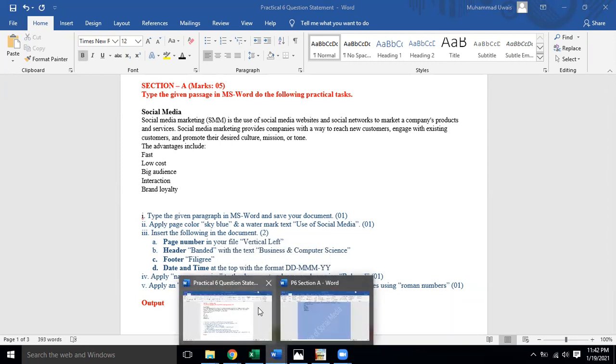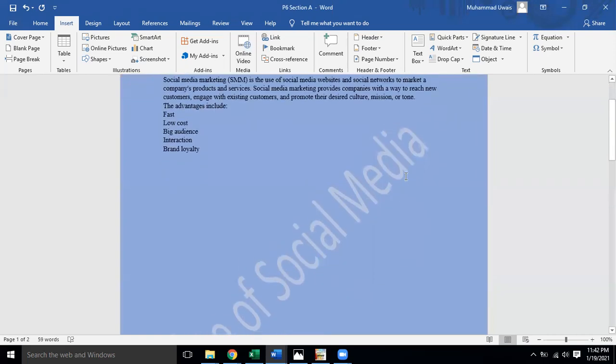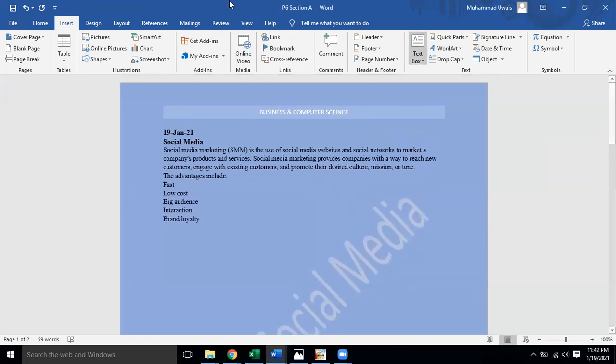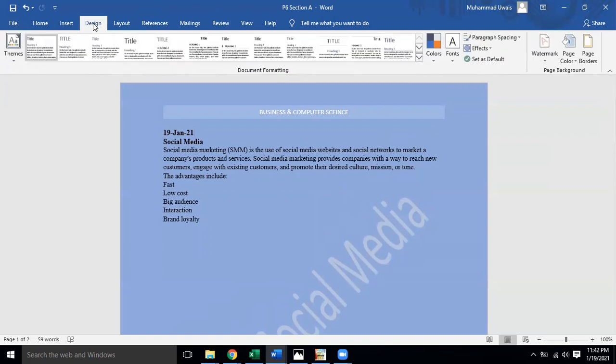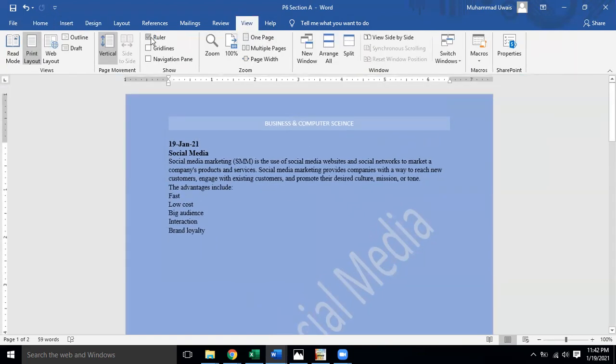Margins means the distance between the border of the page and the text. If I open the ruler, then you will be able to see this. There is a remarkable gap, you can see over here.